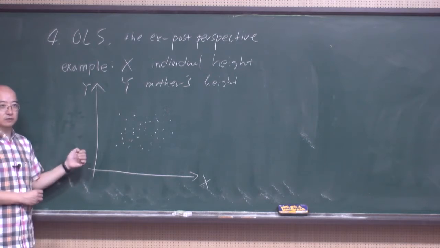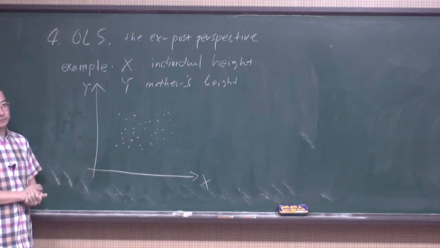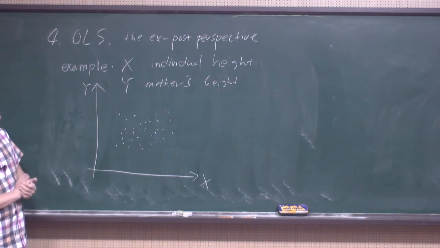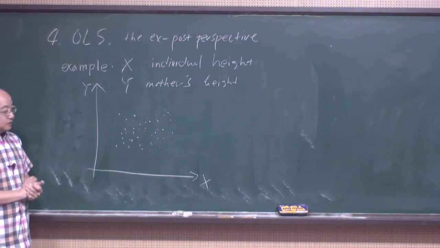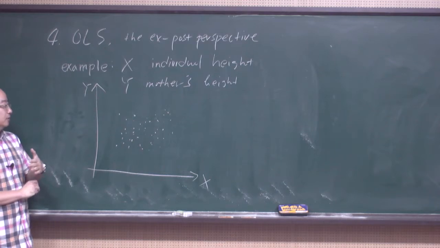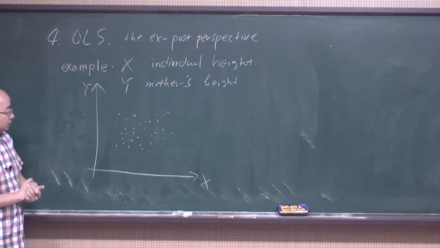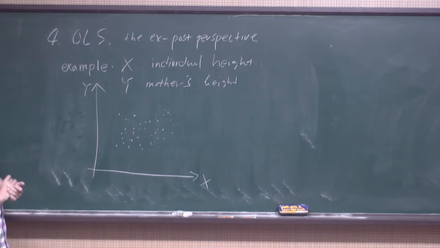And that's what people do. They first draw a scatter plot. And if you are not satisfied with the scatter plot, if you want to say something a bit more specific, then you can think of a line that represents all these points